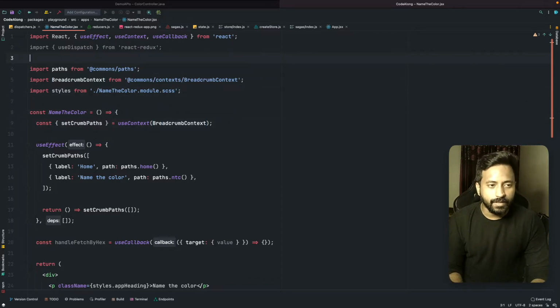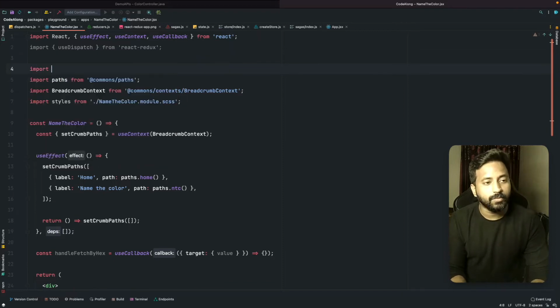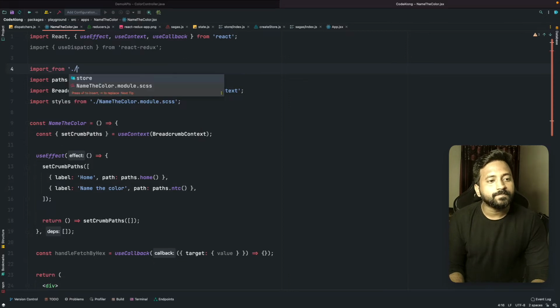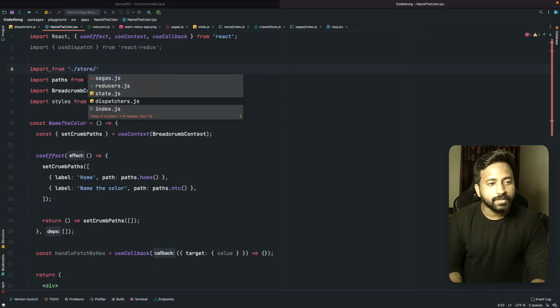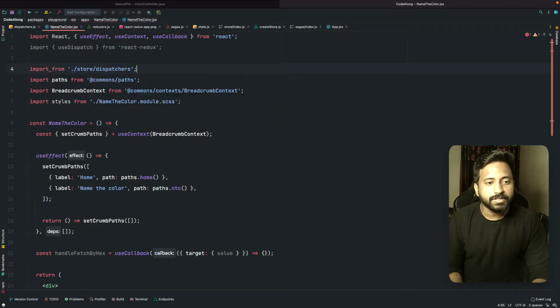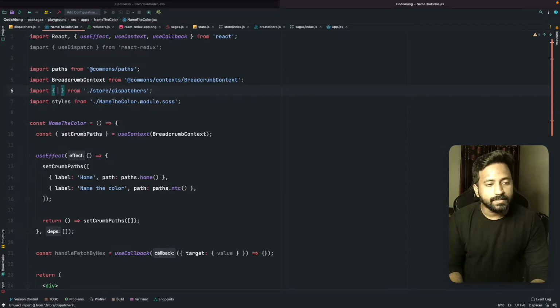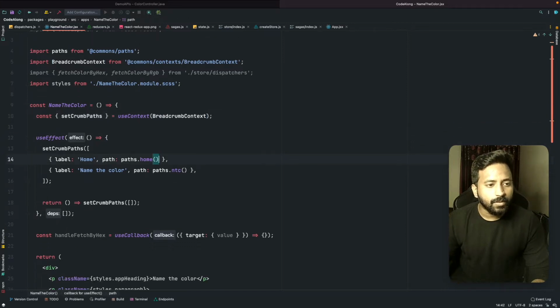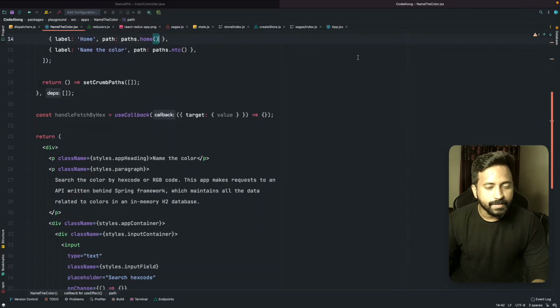Do we have our actions over here? No. So let's do that. Import from /store/dispatchers. Let's bring it down, and this is gonna have fetchColorByHex and also fetchColorByRGB. Okay, now inside my